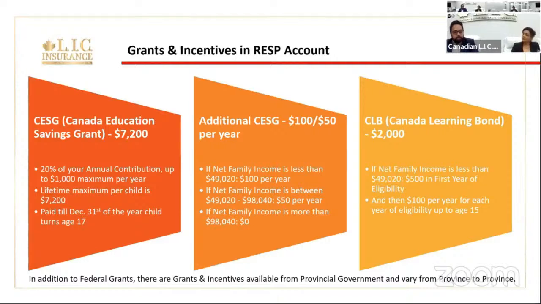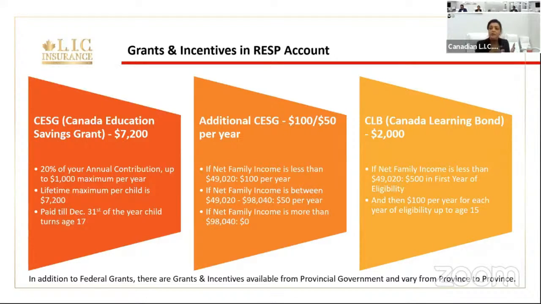And let's say if a parent is earning $200,000 as an income, can they still get $7,200 grant? If they have 3 kids, they will be getting $7,200, $7,200, $7,200. So this is the grant which is not related to your family income. And if you're talking about CLB, Canada Learning Bond, that is something which is definitely related to the family